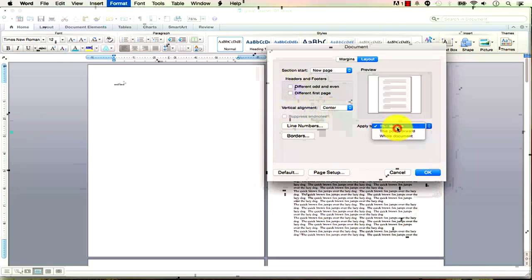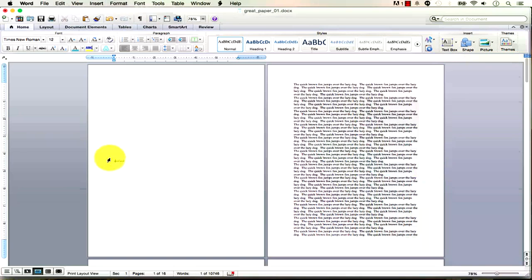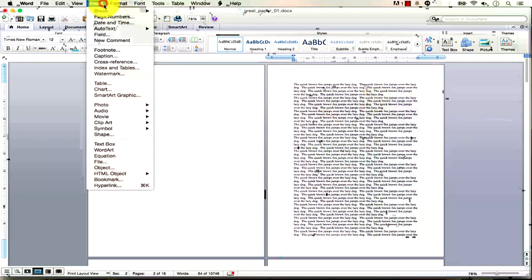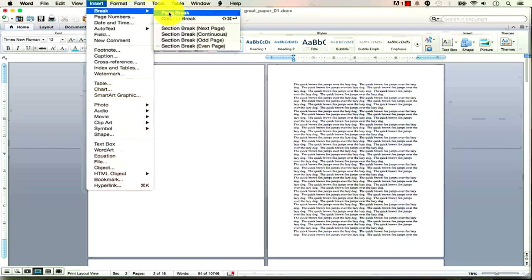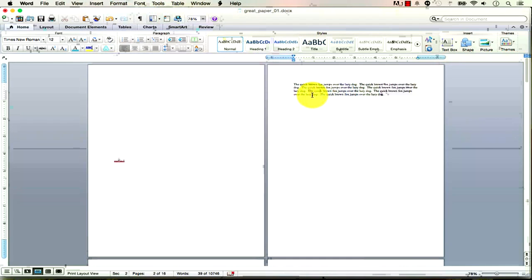And I could apply it to the whole document, which would be document level formatting, or I could apply it to this section. So I'm going to make sure it's applied to this section, Vertical Alignment Center, and I'm going to hit OK. And so you can see that that just took that into the center. And in fact, if I came over here and inserted a page break, not a section break, but just a page break, you can see this text here is on a page by itself, and